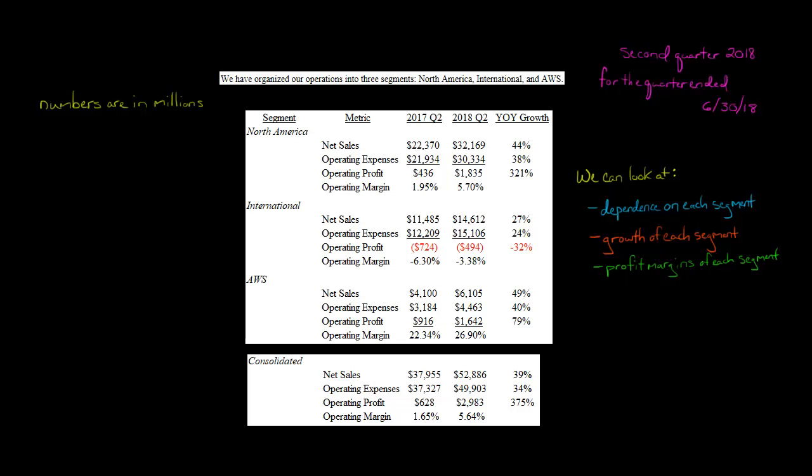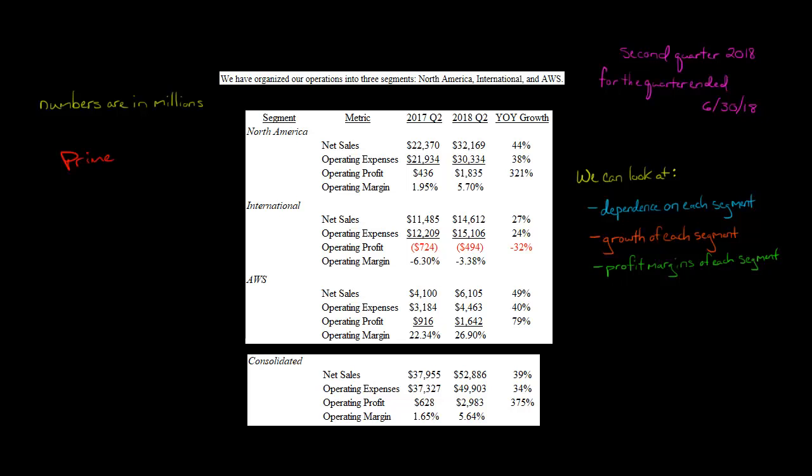In this video, we're going to analyze the three operating segments of Amazon for the second quarter of 2018. Amazon breaks its business operations into three different parts. We've got Amazon Web Services, and then we have everything else. By everything else, I mean sales of its online stores, whether it be Kindles or so forth, and also subscription services, Amazon Prime, third-party sellers, the commissions that they pay. When you go on Amazon and sell something, you have to pay a commission to Amazon.